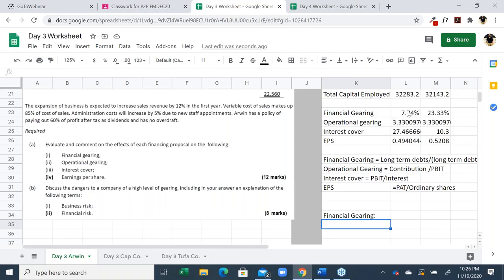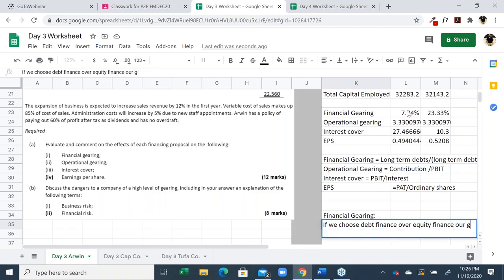So we will simply say if we choose debt finance over equity finance, our gearing ratio, financial gearing ratio,